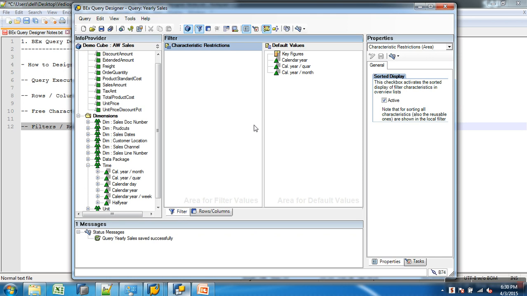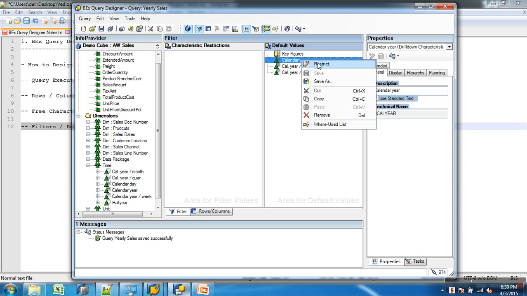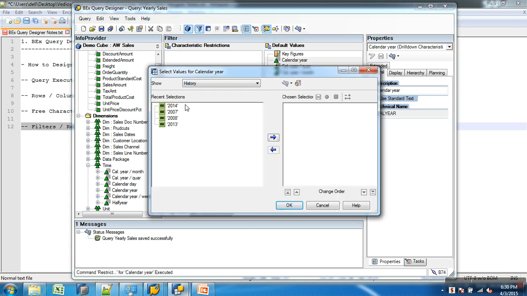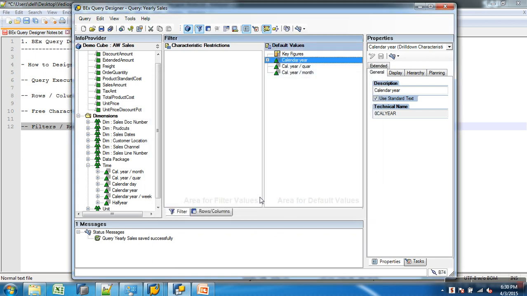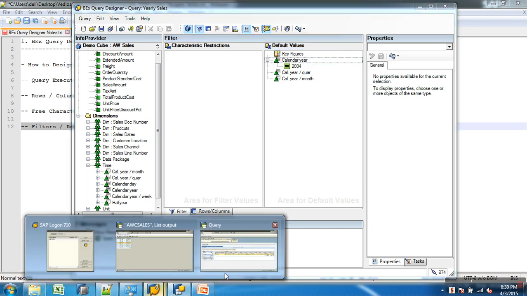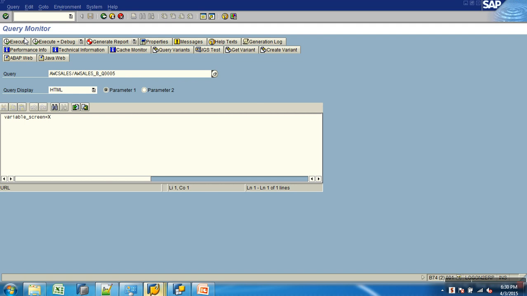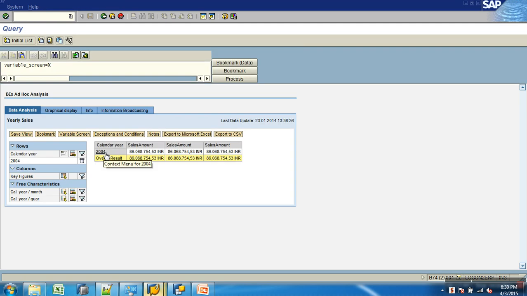Okay, now look at this. I would like to restrict on year. So I'll go to filter. What is this block? Filter block. Select this year, right click and say restrict. I'll say single values. What is it that you want? 2004. This is like a where clause on your year. Okay, so save it. Now when I run this report, what output should you expect? Only for one year. This is like a where clause. I can do restriction in multiple ways. Do you get what I'm saying here? Good.